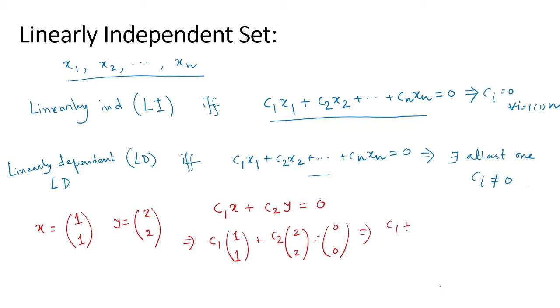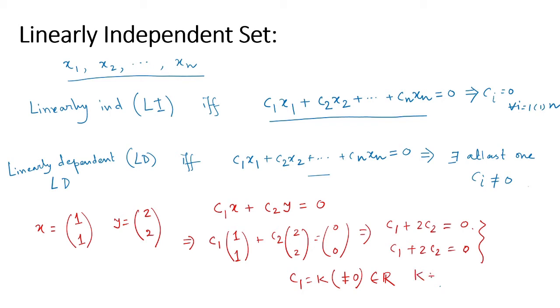So if we solve this, we get c1 plus 2c2 equals 0. Okay, from both equations we get the same thing. Now let's see. First, this system of equations has infinitely many solutions, because you can see these two equations are the same: c1 plus 2c2 equals 0. So if we put c1 equals k, some value of k, where k must be a non-zero real number,